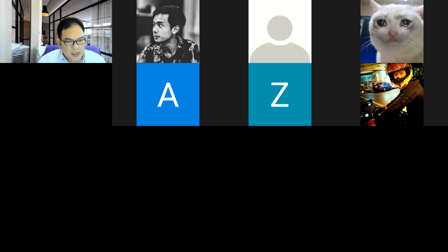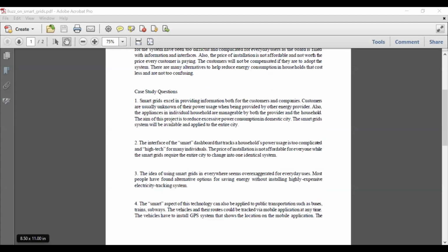Okay. For question number 2, right? Well, I didn't see the question. Okay, question number 2: what management, organization, and technology issues should be considered when developing a smart grid?